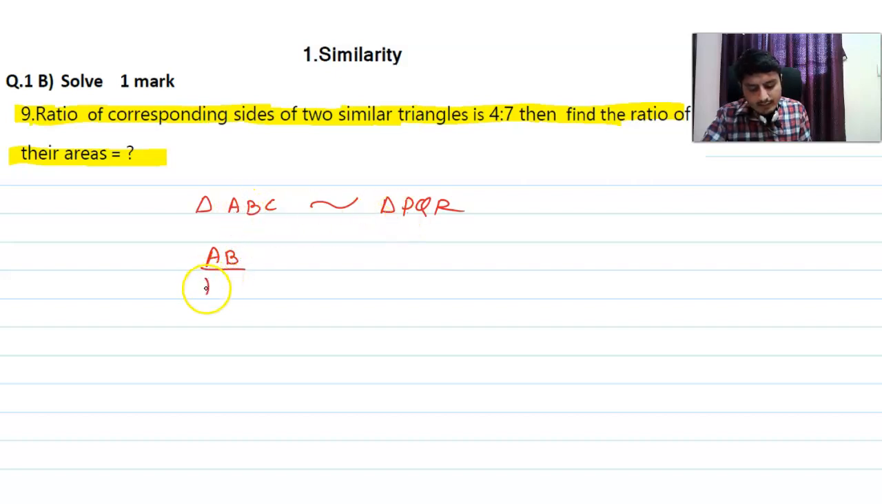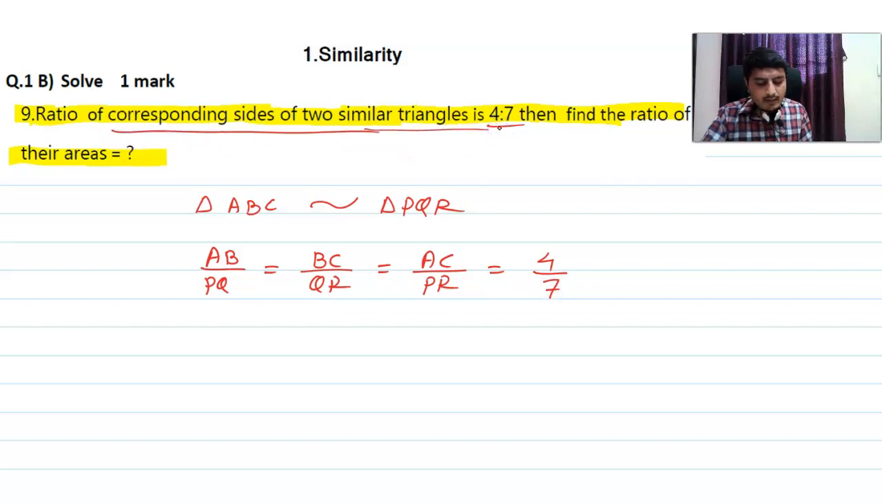That means AB divided by PQ is equal to BC divided by QR is equal to AC divided by PR. And this ratio we are given as 4:7, meaning 4/7. Corresponding sides of two similar triangles are in the ratio 4:7, meaning 4/7. Now, since we have to evaluate the ratio of their areas, we use here the theorem